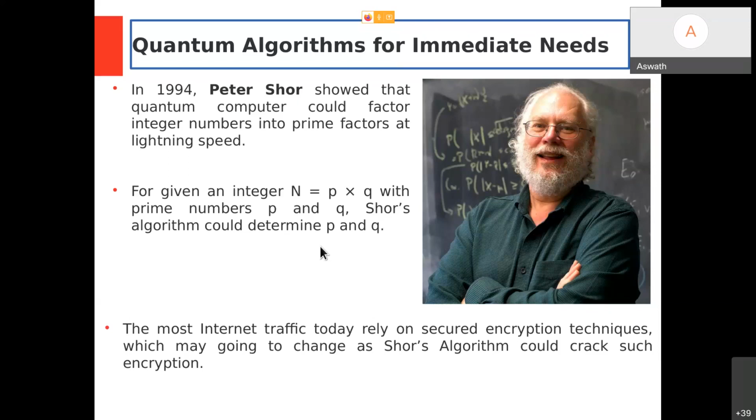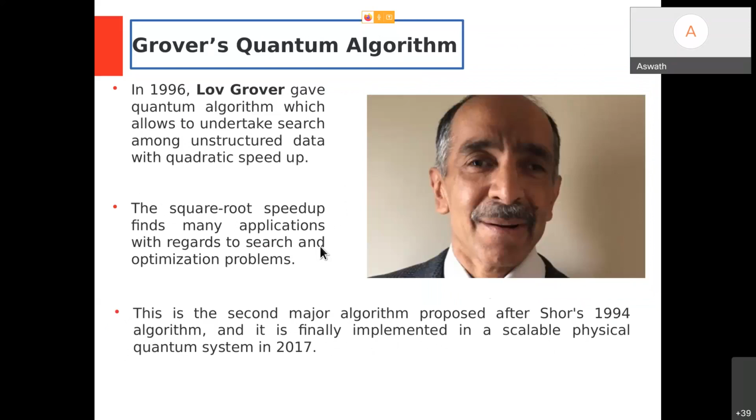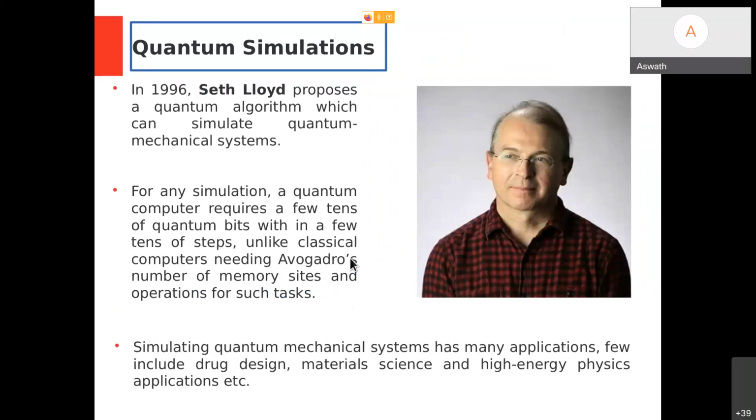Okay, so after that, another crown jewel of quantum computing is Grover's algorithm, right? He gave it in 1996. Basically, its ability is to search unstructured data, and in addition to that, it can do so with a quadratic speedup. So exponential speedup was there with the conventional computers, and that could be improved with Grover's algorithm. Okay, so from 1980 to about 1994, lots of developments happened.